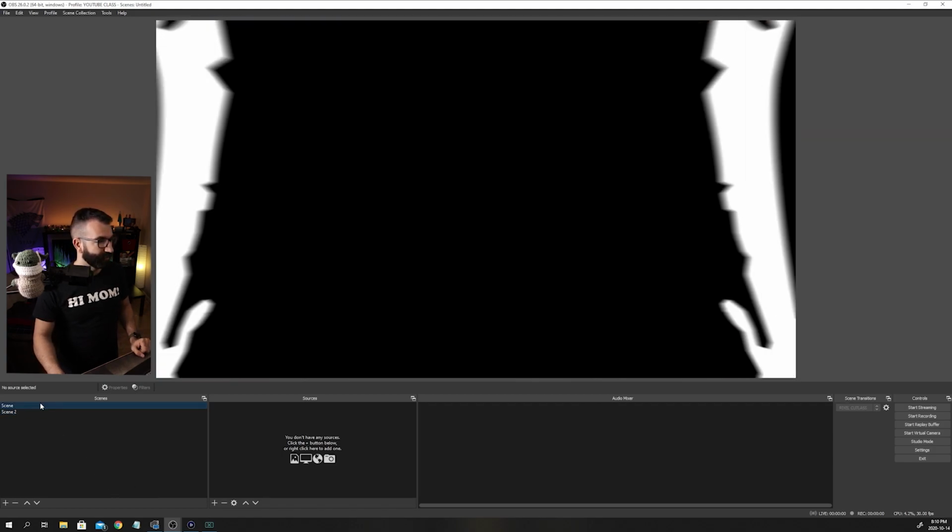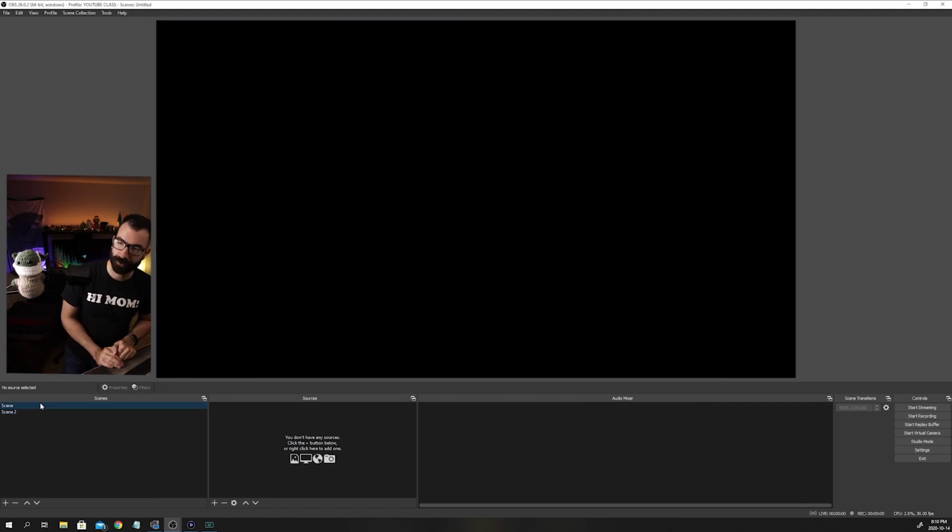Anytime you click on the other scene, it's going to go through your transition. Then there's the control pane. Control is pretty self-explanatory. Start and stop streaming, start and stop recording, start replay buffer. You want to make sure that you click that before you start playing a game so that your replay buffer is active. There's now the option to start the virtual camera if you need to use your stream as a